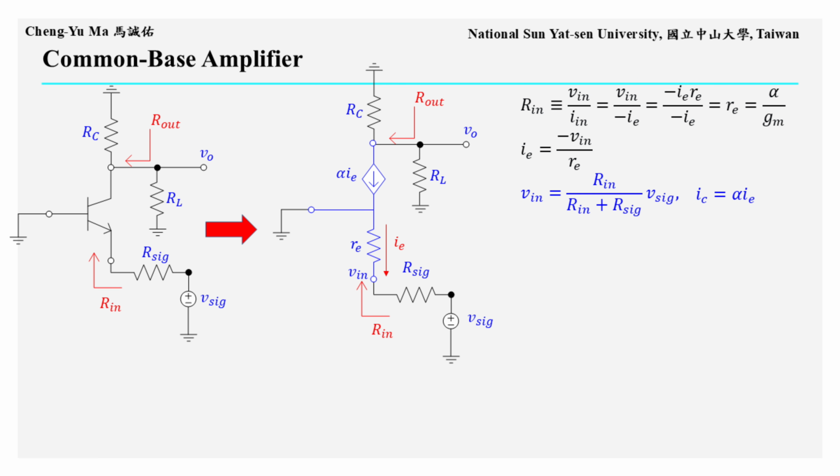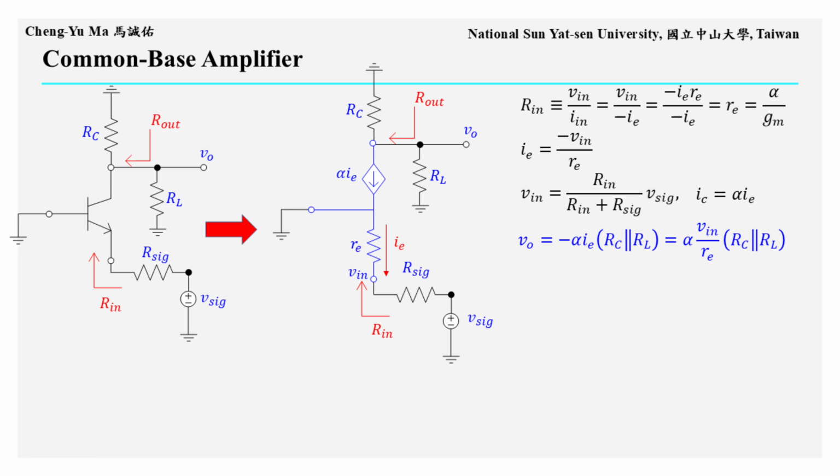After obtaining Rin, the input voltage is Vin equals Rin over Rin plus Rsig multiplied by Vsig. Once Vin is known, the emitter current can be found from IE equals negative Vin over Re. Then the small signal collector current leaving the output side is approximately equal to IE, or more precisely, alpha times IE. After finding the output side current, the output voltage can be calculated. The voltage VO is negative alpha times IE multiplied by the parallel combination of RC and RL. Since IE equals negative Vin over Re, VO becomes alpha times Vin over Re multiplied by RC in parallel with